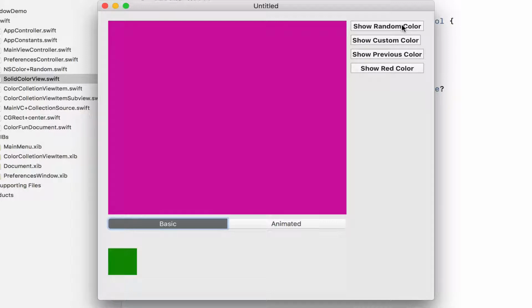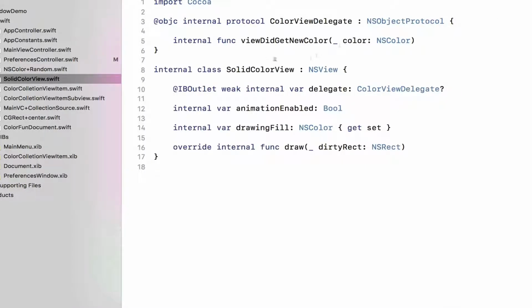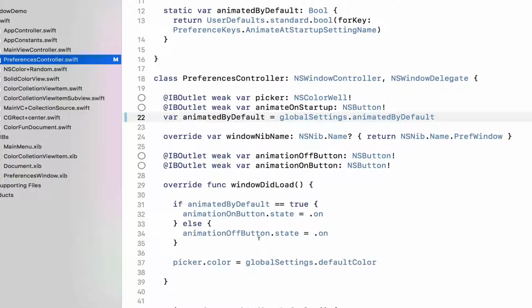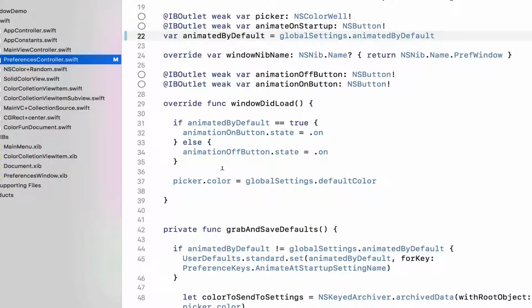So let's look at how to implement both these simple settings, and say underneath all we're doing is setting and getting some values, but it's a little more complicated than that. So at its core, what do we need to do? Well, this is the public API for that colour view, and you notice both our settings are public for that colour view: whether animation is enabled and what the fill or drawing colour is. Now we want to be able to manipulate that colour in our application, obviously, but we also want to maintain it in settings. So I've got a preferences controller here, which is responsible for that settings window we saw. And there's simple stuff here, like, for example,